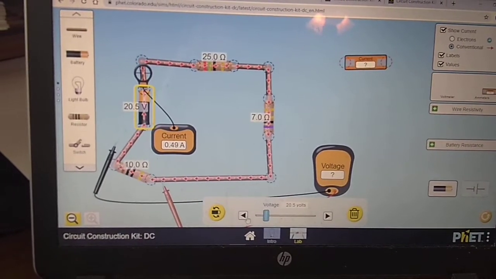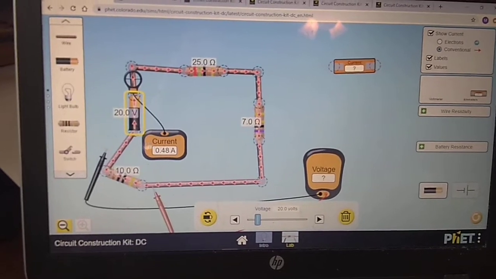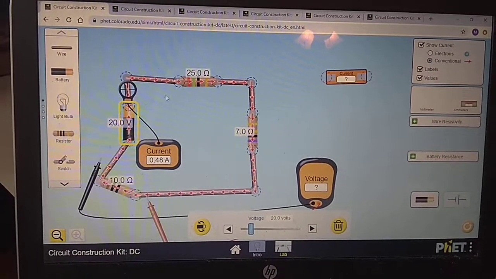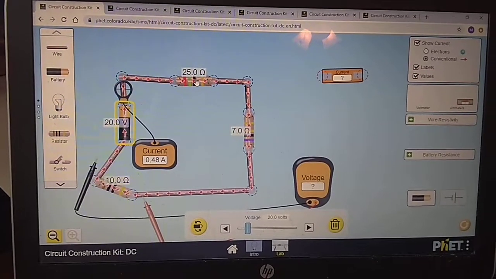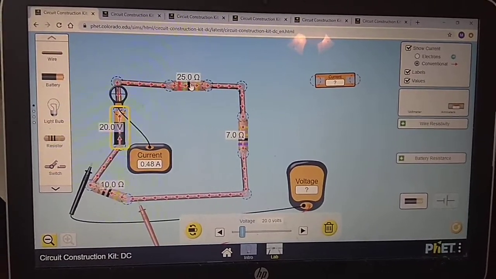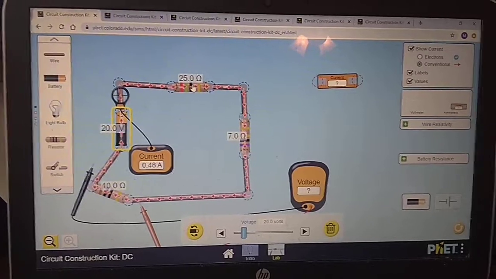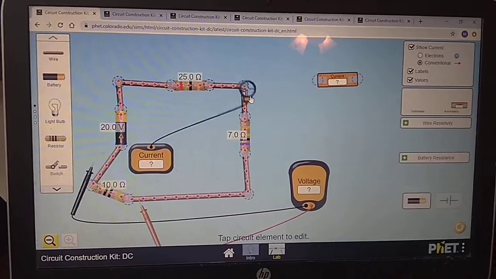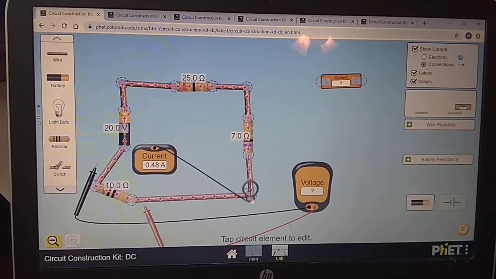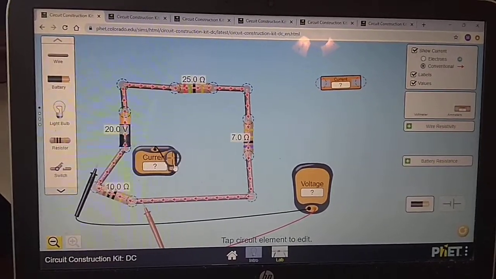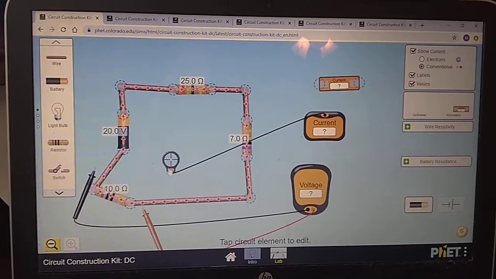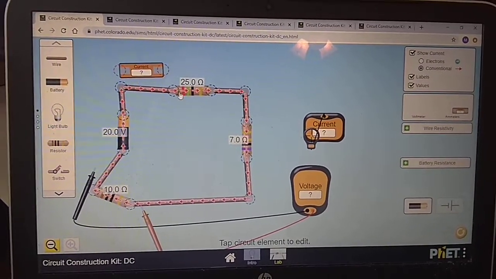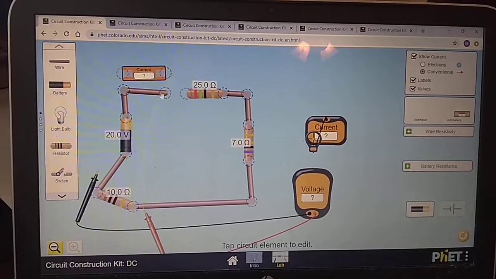What we are talking about right here is that for a particular series circuit that has a set voltage and a set, we call it equivalent resistance, and we'll talk about that in a second, the current is the same at all locations. Matter of fact, even if we actually measure the current the way we're supposed to, not just with this kind of magic sensor, let's get this out of the way, but if we measure the current the way we're supposed to, by inserting what's known as an ammeter directly into the circuit at multiple places,